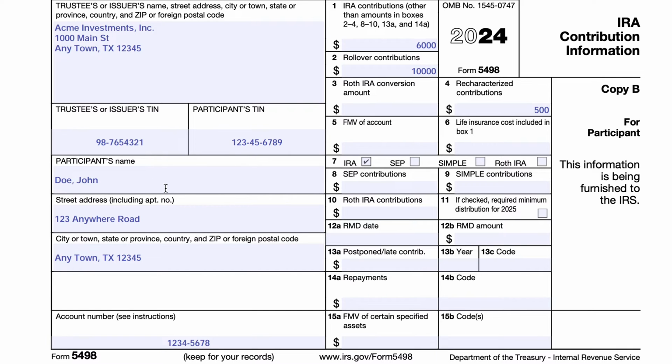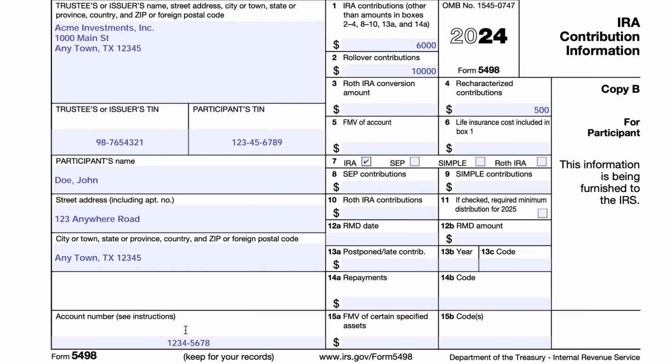Just below that, you'll see the participant's name, in this case John Doe, the street address, and then down at the bottom, the account number is not required unless the taxpayer has more than one IRA at the same institution and the institution is issuing multiple